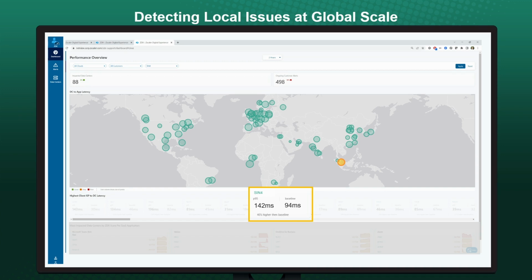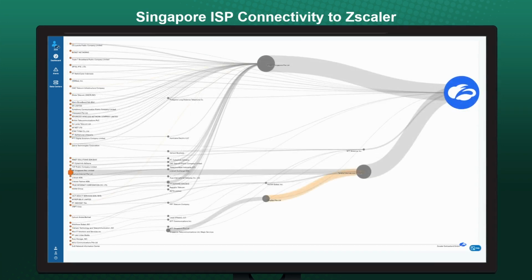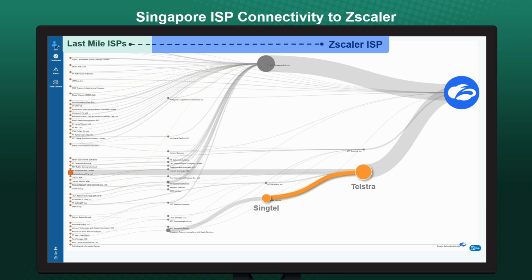Yeah, so let's look at Singapore just prior to the incident. And this is how it looks, right? On your left, you see all the ISPs that our users use. In the middle, the ISPs that Zscaler uses. And all the way to the right is Zscaler. So this is just for Singapore itself. And it looks normal, right? There's no problems. But we're starting to notice that something was happening between two major ISP providers in Asia, Singtel